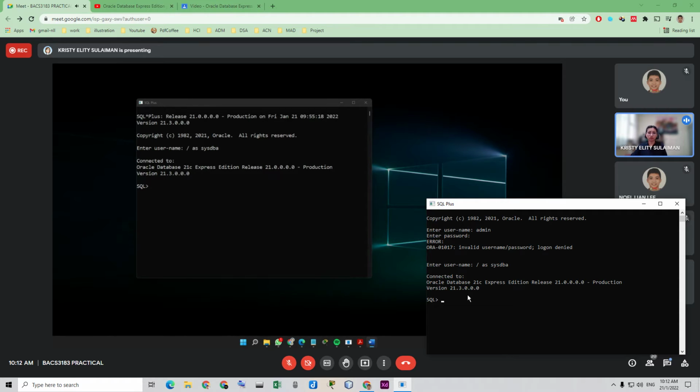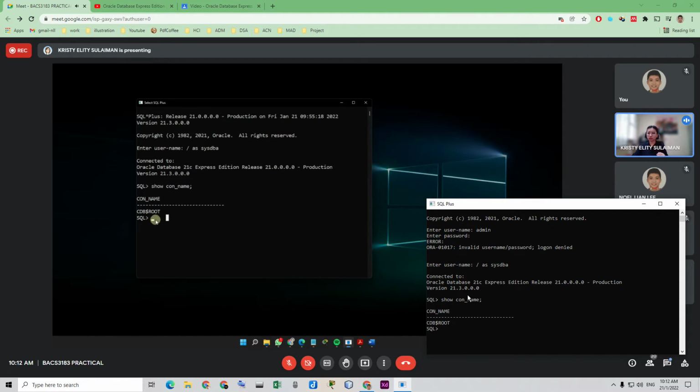Right, so exploring Oracle 21C. Now I want you to type this command to display the container of our database. It will show you which container you are connected to in the database. You type in show con_name. You should get this. So you only have one connection. Make sure you put the semicolon.